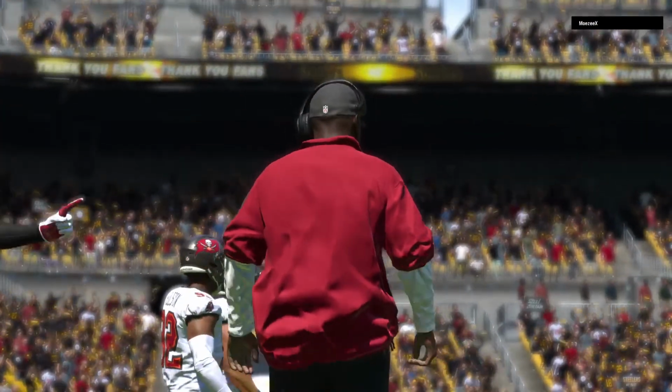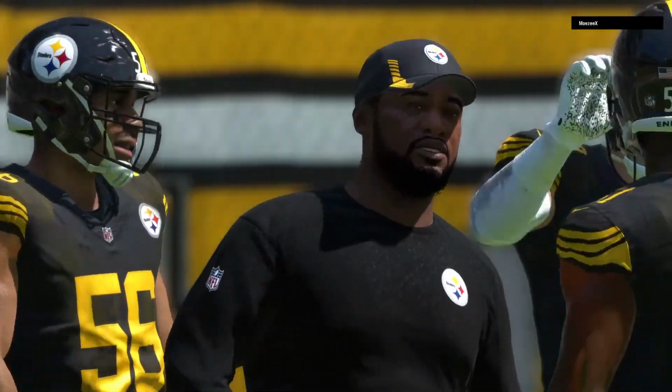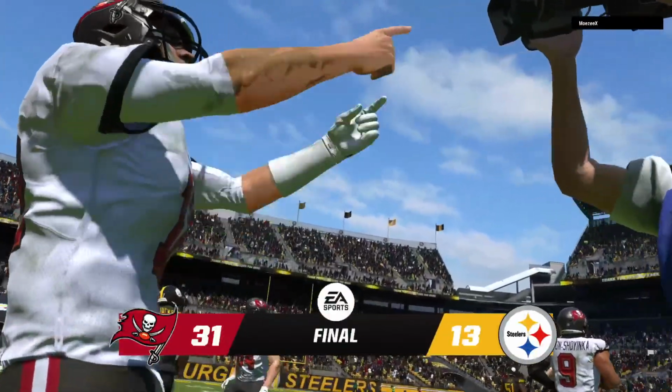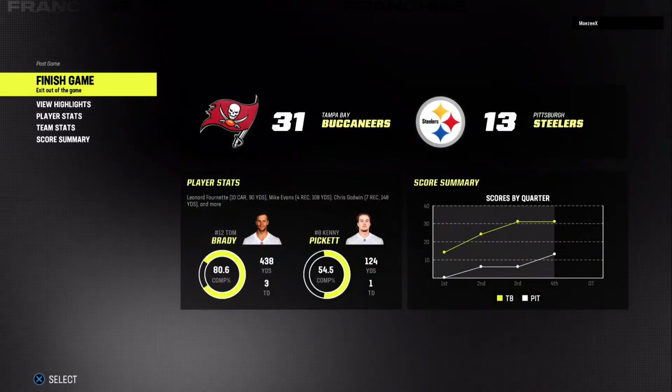And the guy leading the charge, who else? He's done it for more than 2 decades now, Tom Brady. Yeah, just a tremendous game throwing the football. Over 400 yards passing, 3 touchdown passes included in that total. And he really just dissected this defense from the opening kickoff to the